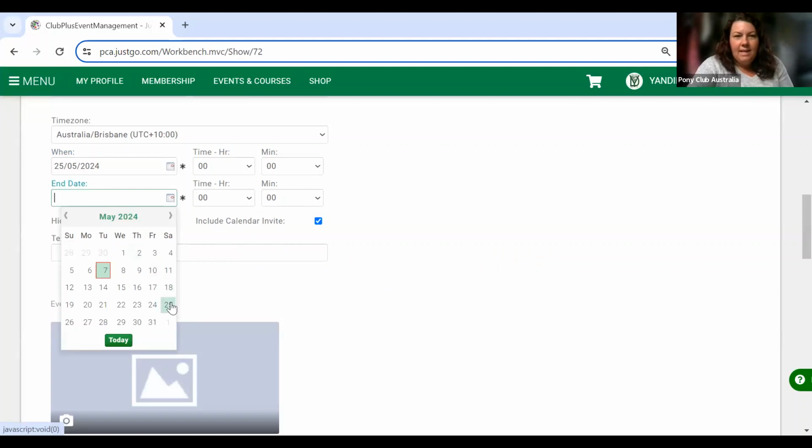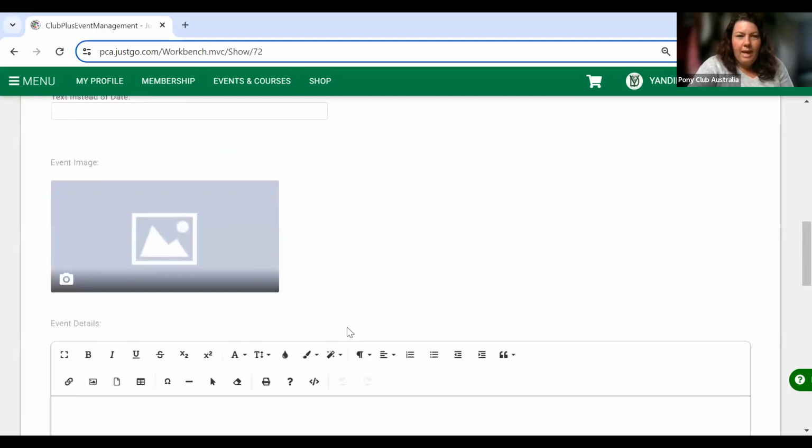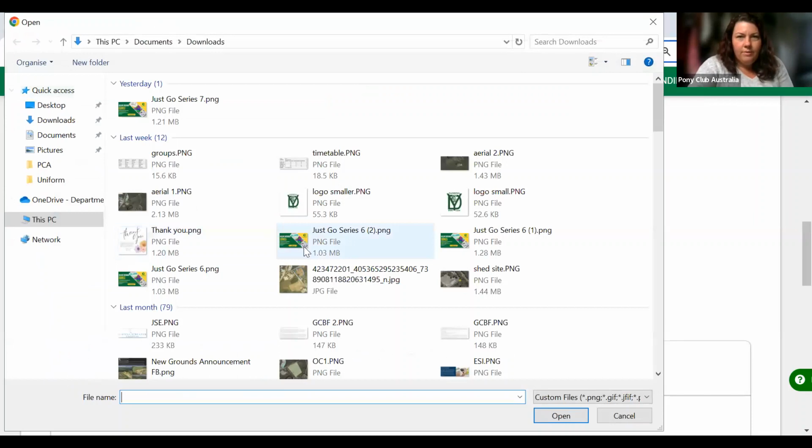The event date ending is also the 25th, so we're going to start it at 8 a.m. and finish it at 3 p.m. Alrighty, so our event image, we're going to upload a photo, and I'm just going to pop in this one,